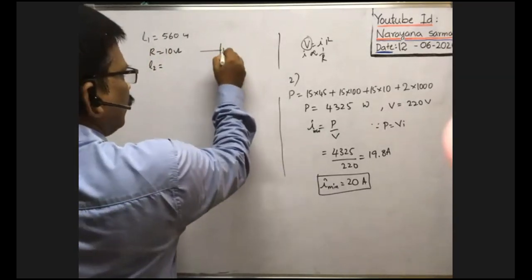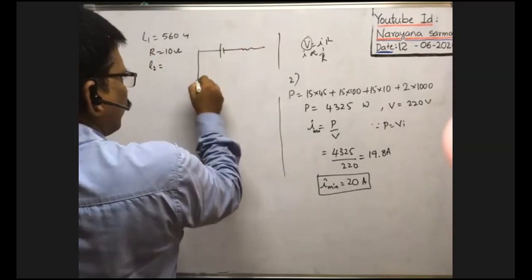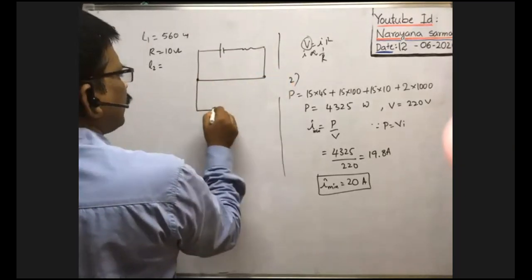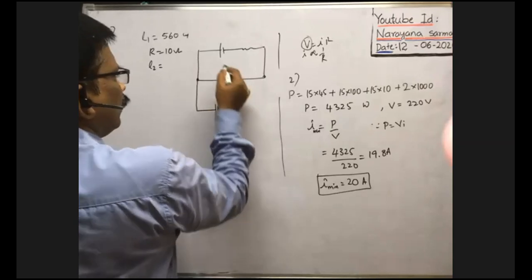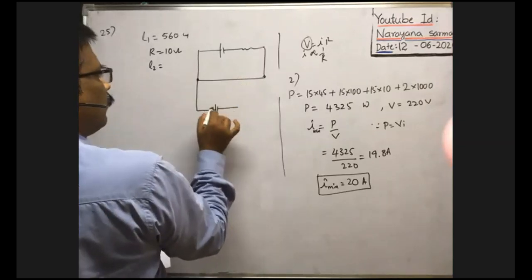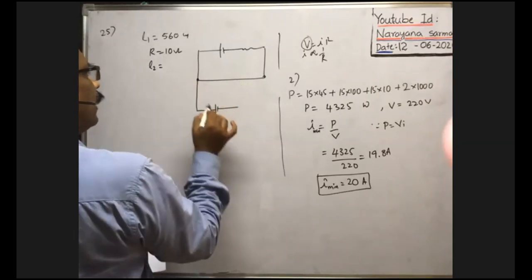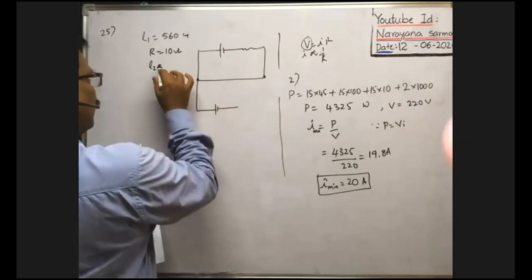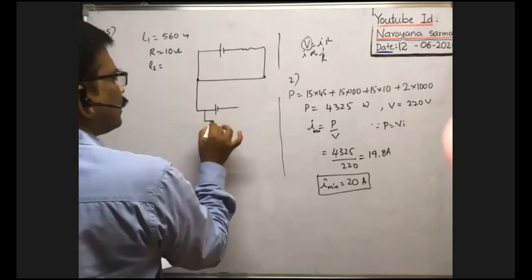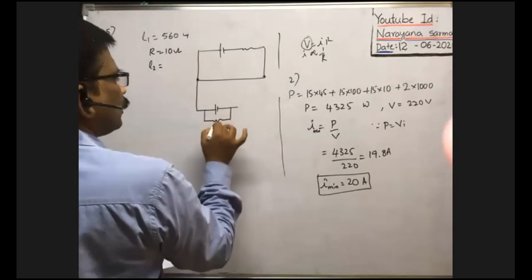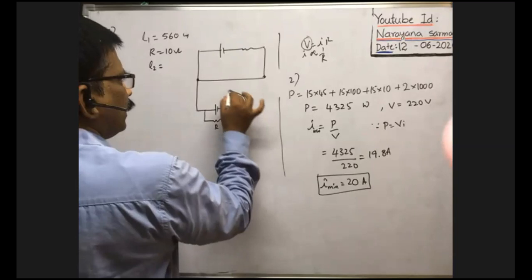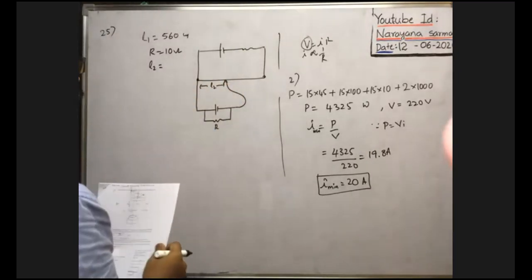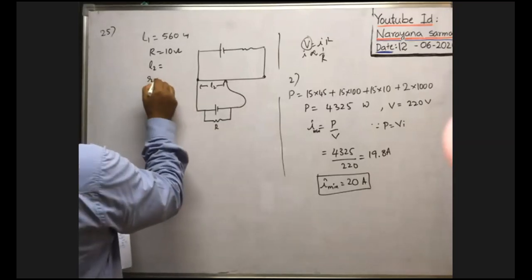Here actually, this is the primary circuit, no? It is the primary circuit. Here the secondary circuit is this one. Okay. You see, whenever no cell is connected here, when cell is connected in the secondary circuit, balance length is L1. When an external resistance is shunted or connected parallel to this cell, then balance length is L2. That is given. Okay, then what is the internal resistance of the cell? r is equal to question mark.